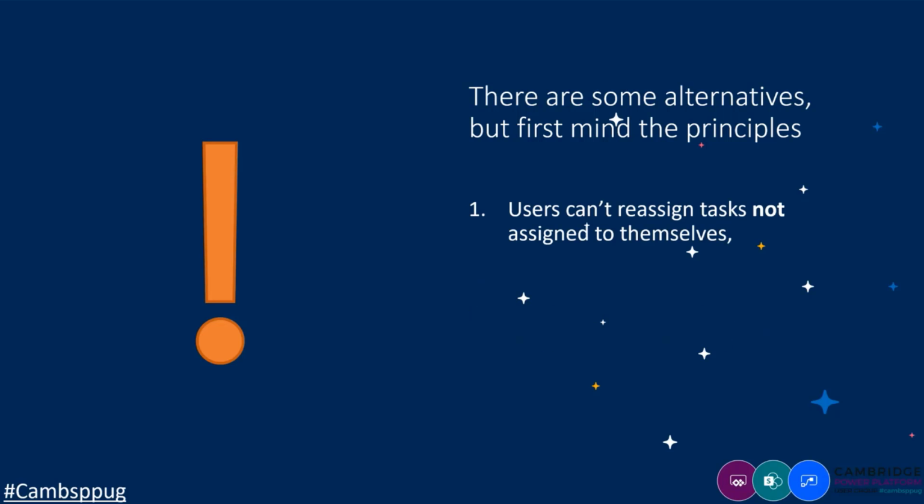So first, when we think about how we can reassign a task, there is a mechanism that controls this reassignment. So it's not really so flexible. It does have some strong guidelines to follow. First, users cannot reassign tasks to themselves. So if you're assigned a task and you'd like to reassign it to someone else, you cannot assign it again to you.